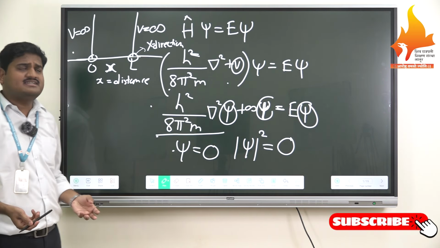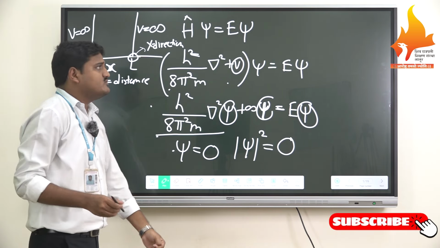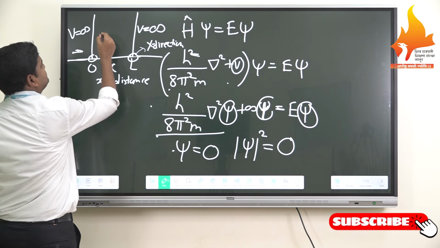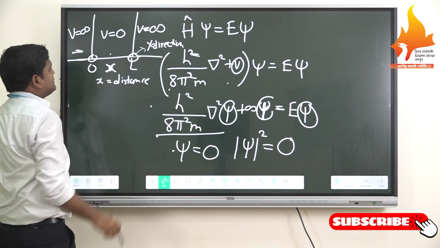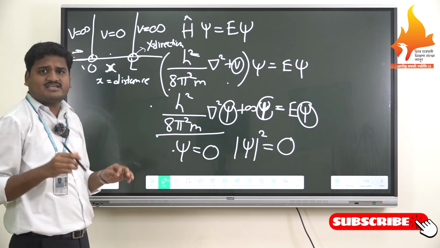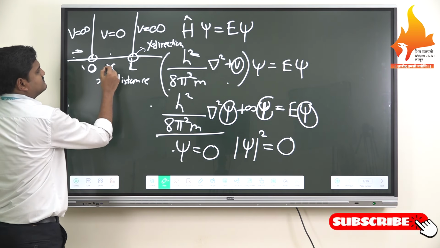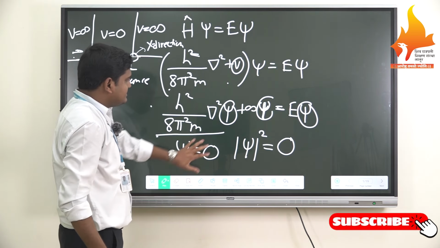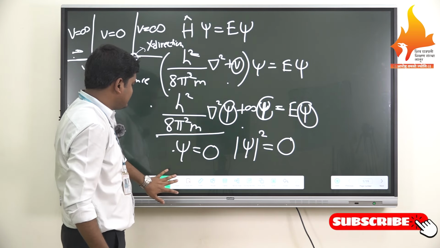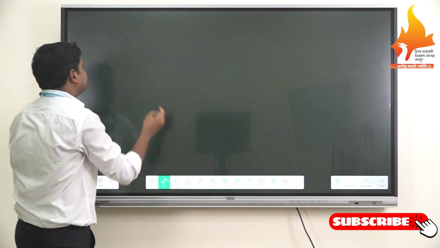So we can definitely say that the particle cannot exist outside the well, it only exists inside the well where the potential is 0. If the potential is infinite outside the box or at the boundary, the particle cannot exist there. The particle only exists between 0 and L. So we can clear out the infinite potential case. After that, we will talk about the particle inside the well.